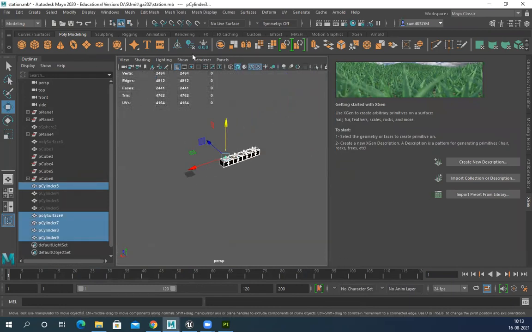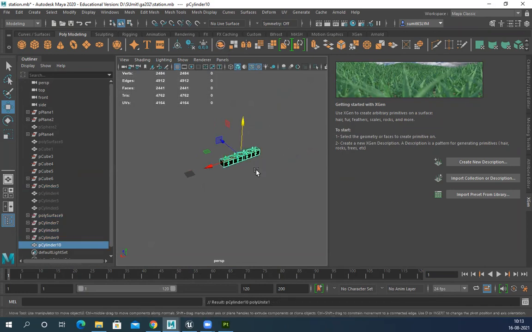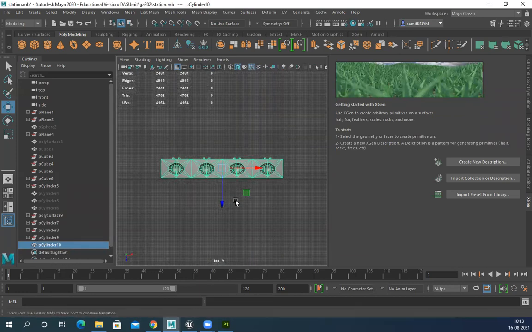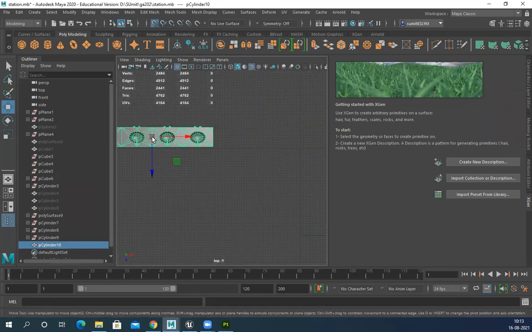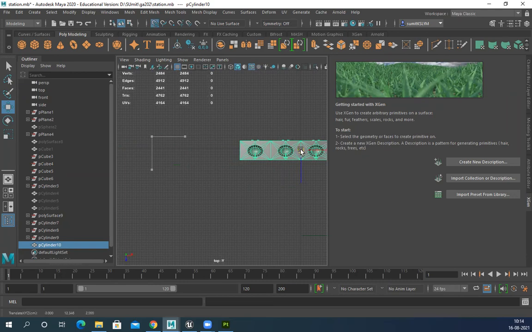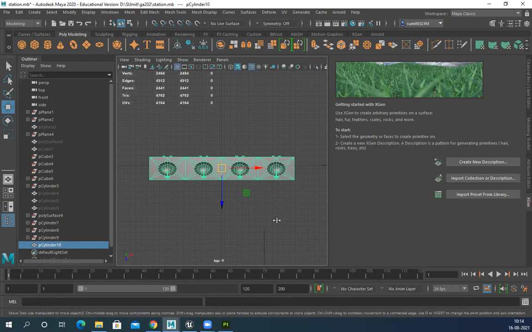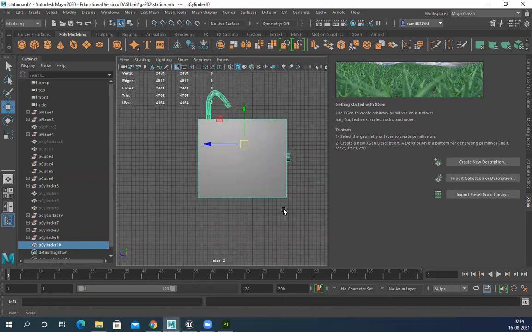This entire thing, I can just simply attach them together. Perfectly center. Side view.